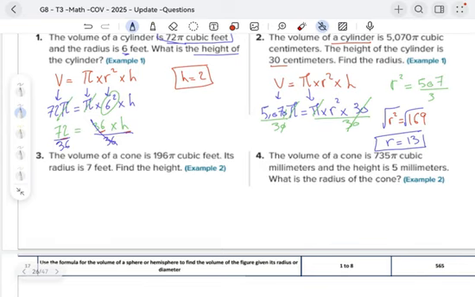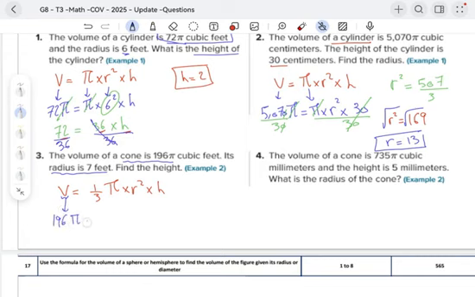Now let's go for question number 3. Here they gave me the volume of a cone, 196 pi cubic feet, and they gave me the radius, 7 feet. Find its height. So first step is to write the formula of a cone. The volume of a cone is 1/3 the volume of a cylinder, pi times the radius squared times the height. The second step is to substitute. The volume is given,